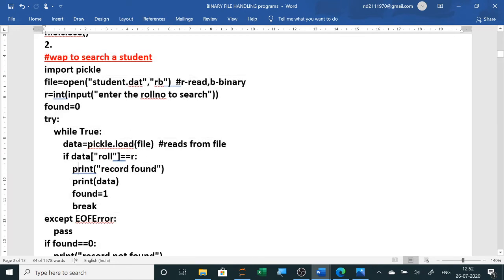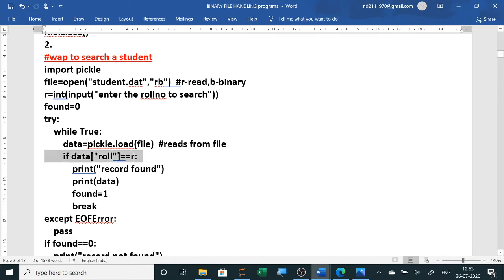Now see here, this line matters a lot. If it is to search the roll number of a student, I have taken a roll number R and I am searching here. I am checking using if. If the question is to search a flight number, then I will take the flight number from the user and check. The rest will be the same, but the checking details change. If they say marks should be greater than 90%, then here we will check marks greater than 90%. So this line is very important.